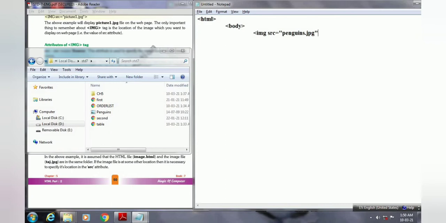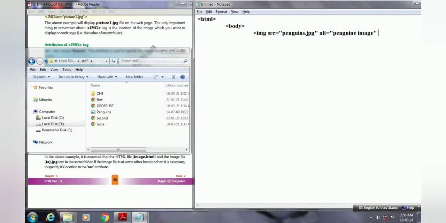Then we close the double quotation mark. Now we will set the alternate text, the alt attribute. If the image does not display, then in place of your image this text will be visible. Our image name, penguin image. So if the image does not come, then at the place of your image this text will be there, and the user can understand that a penguin image is there.